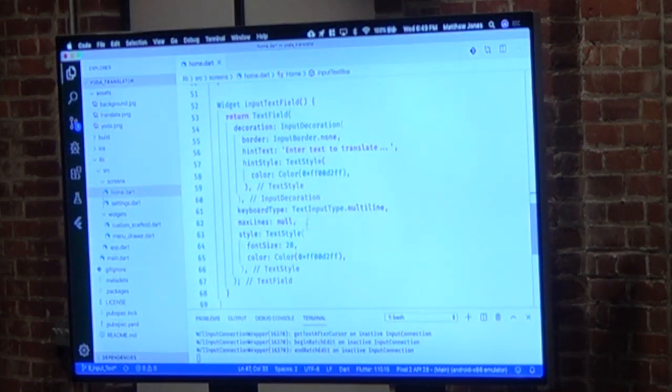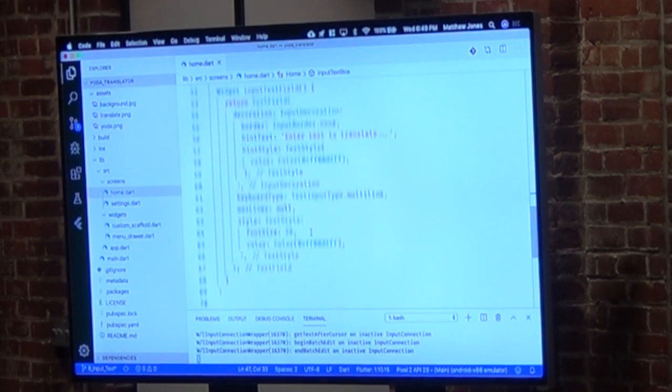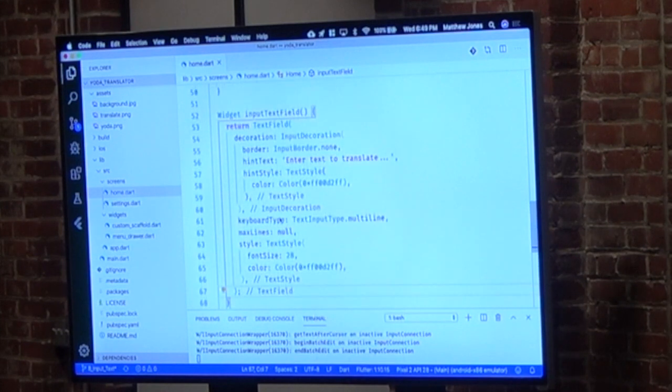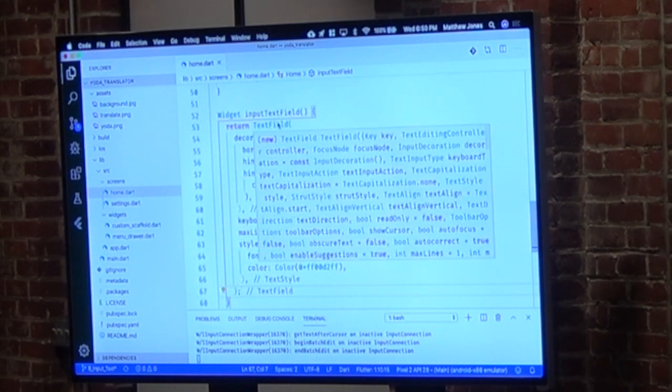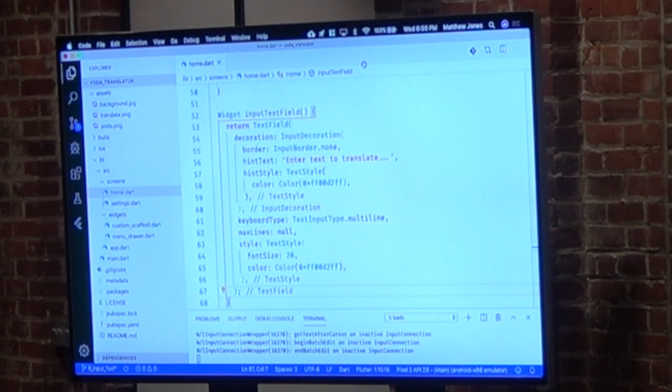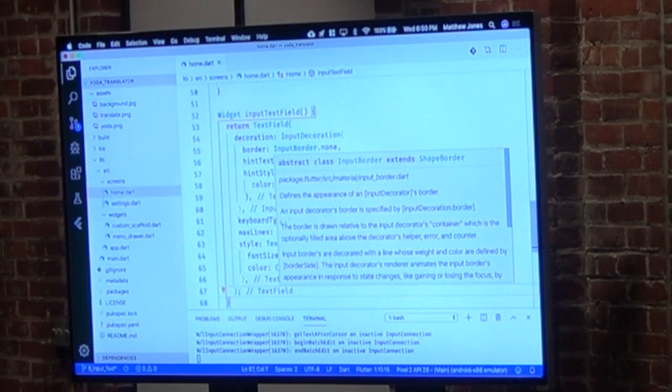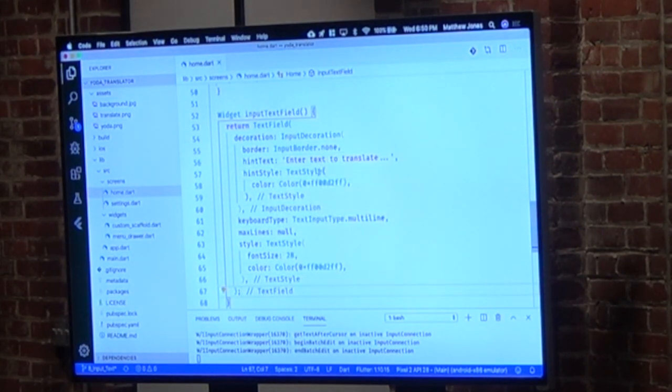So again, we can specify the text style. This is all fairly self-explanatory if you look at the code. And that's the beauty of having these named parameters, is that it makes a lot of sense if you look at it. And of course, all of that is the text field widget is the parent widget there. So, one thing I do want to point out is the hint text here versus the hint style.